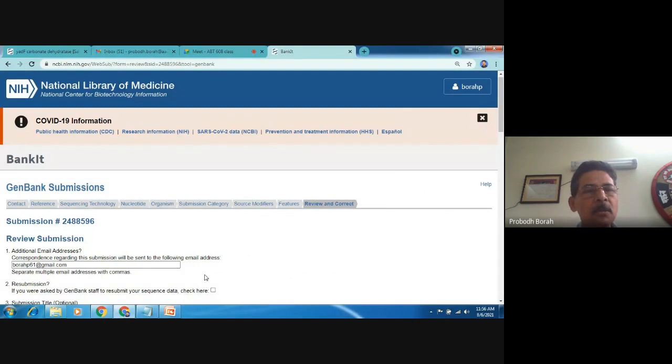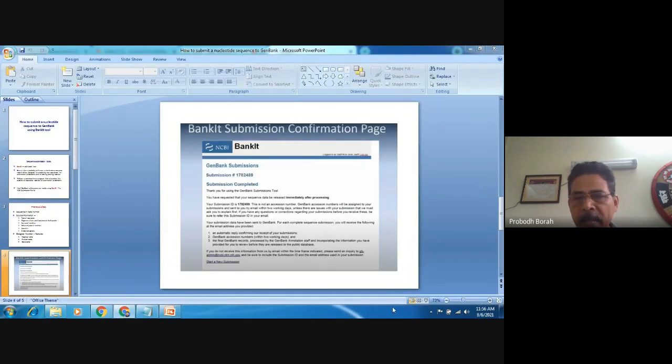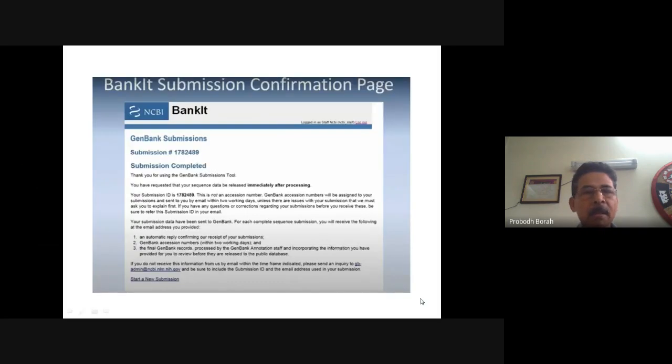So after you click finish submission, a page will immediately come up which will read like this: BankIt submission confirmation page. Okay, so the submission number, the specific identity of the sequence, is shown here. Then: submission completed. Thank you for using GenBank submission tools.